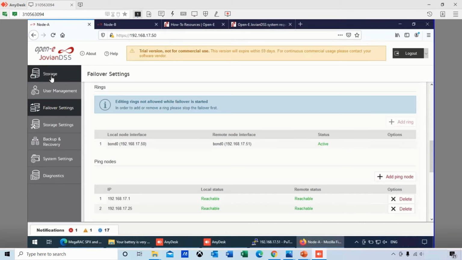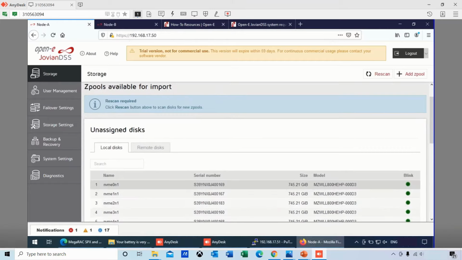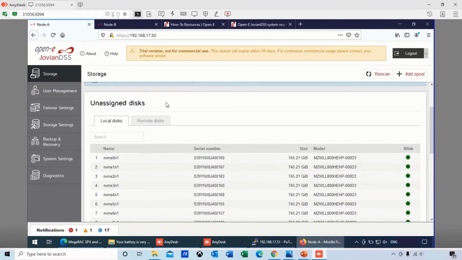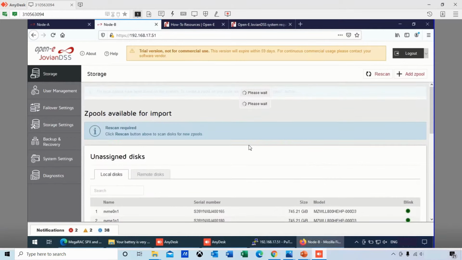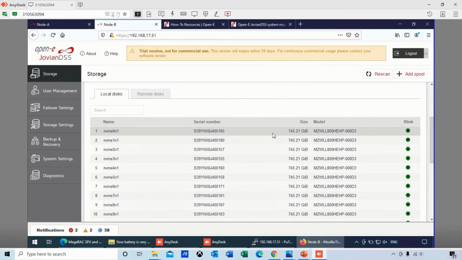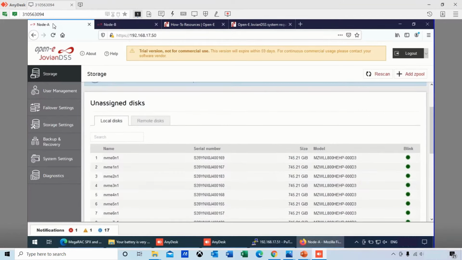Once that's done, you're just going over to the storage. At this point, you'll see that I'm seeing the local disk. Now, this is what Federico and I were talking about, the dual port NVMes. In this system, we round off the numbers to 800 gig for marketing reasons, but it comes out to 745 with the NVMe. If you notice, node B is saying the same disk. We will go there right now. You're seeing it also as a local disk, the same disk, the same serial number and model number as well. What we're going to do is create a quick, simple Zpool. We're just going to go to add Zpool.